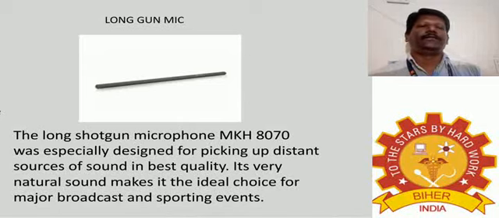So we have discussed the 5 types of microphone. These types of microphone we can classify according to the working principle, and according to the working behavior there are 5 types of polar pattern. Additionally, we have discussed the lapel microphone, shotgun microphone and long gun microphone. These 3 types of microphones may be a dynamic microphone or a condenser microphone.